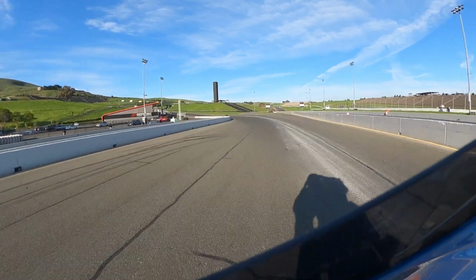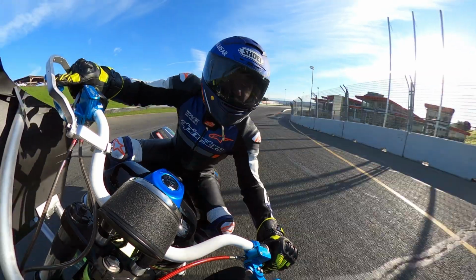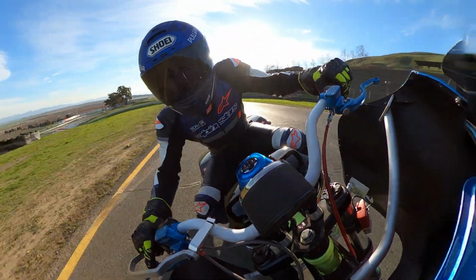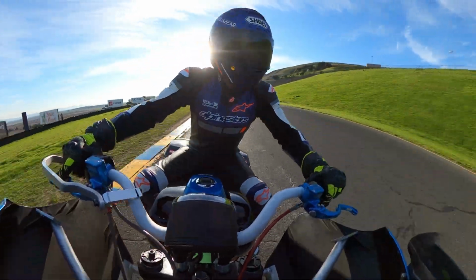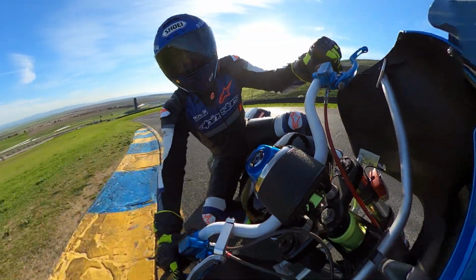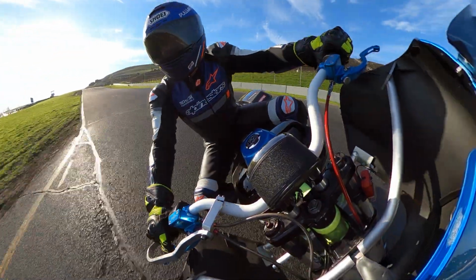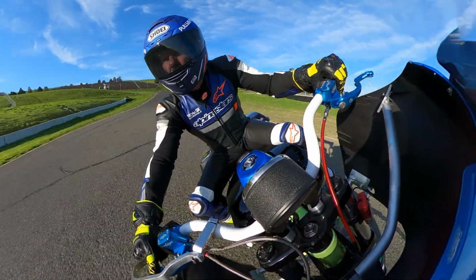So if I roll the camera around and you watch me and watch my body language, like I said, this was timed qualifying on Saturday morning, so I'm really trying to lay down a pretty hot lap. You can see in my body language, I'm really trying to be aggressive here. So right here, I'm again turning into turn 3. This is 3A, and then 3B is a right-hander. Get on the gas up over the hill, and then down the hill, downshift, get on the brakes, back into turn 4, which is another off-camber 90, and then back on the gas,